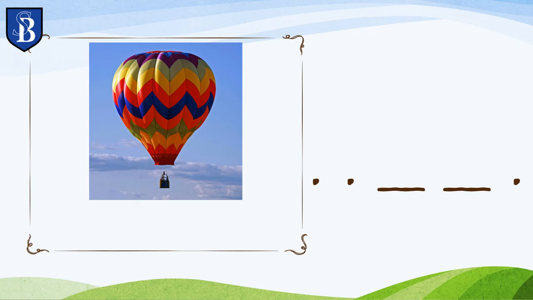How about this final photograph? What can you see in this picture? Well done if you said it's a hot air balloon. And we're going to try to write balloon now. You can see here that there are 3 sound dots, but there are also 2 lines, and this word has 2 digraphs. One of them is the oo digraph we're thinking about today, and the other is a digraph that we've learnt before. So listen carefully, you're trying to write balloon,